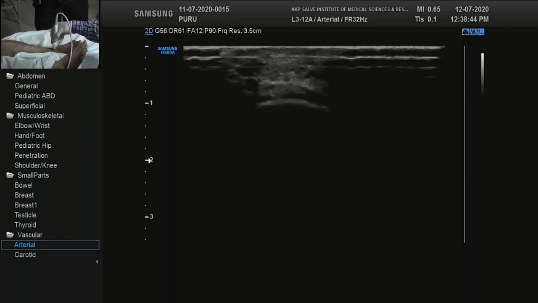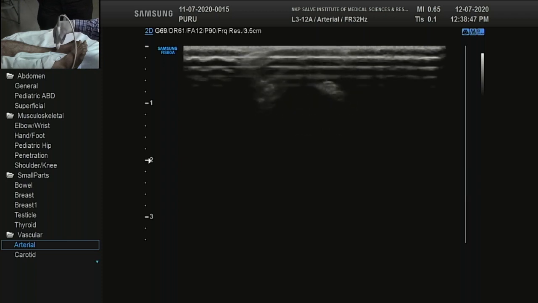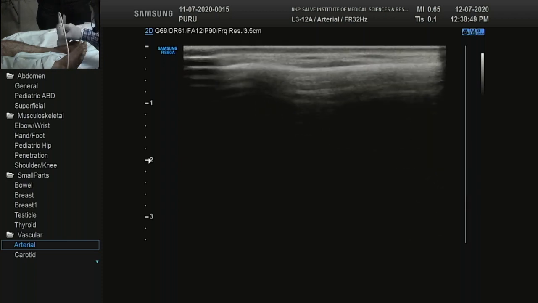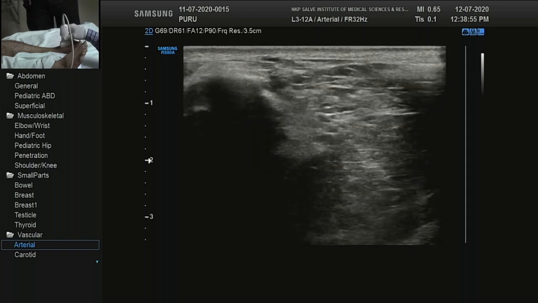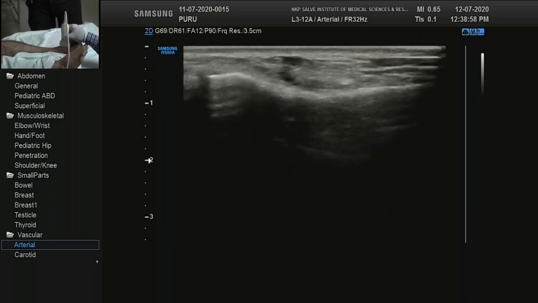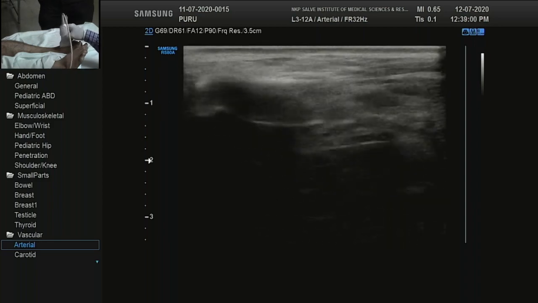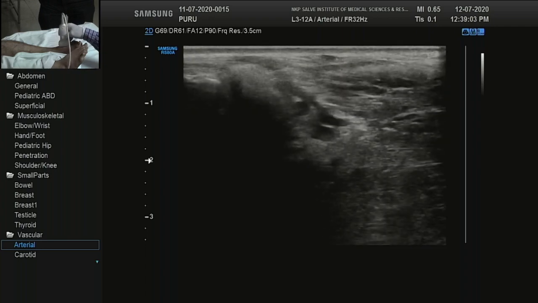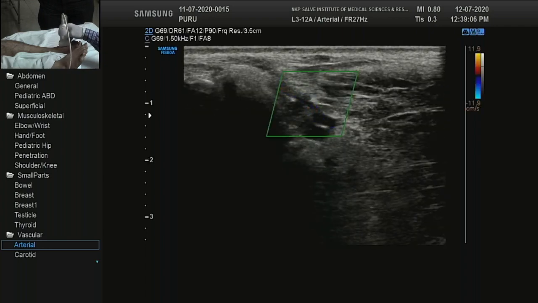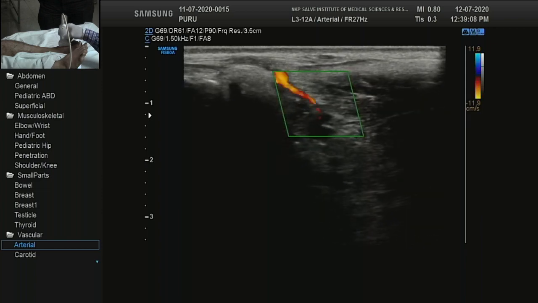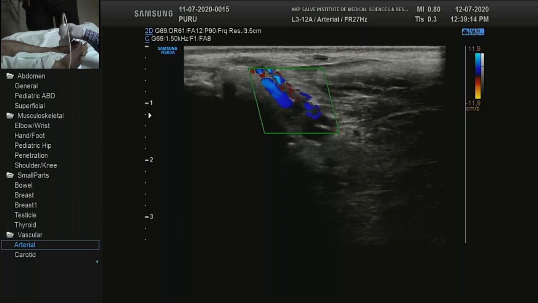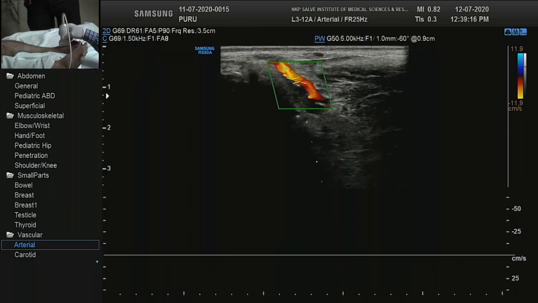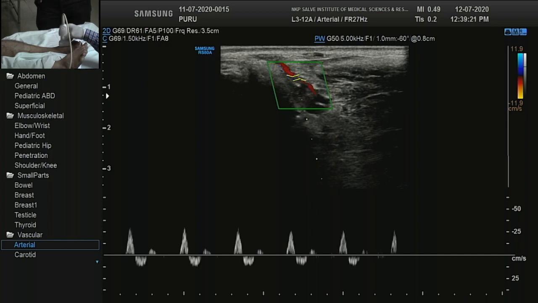At the ankle level, the artery comes anteriorly and becomes the dorsalis pedis artery. Everybody knows where to feel the dorsalis pedis artery. At the same point, we trace it. It is between the first and second metatarsal. You put color, steer it to this side, and this is an excellent feeling. You don't need to change settings from anterior tibial to posterior to dorsalis pedis. Everything is the same. The caliber is almost the same, and the flow pattern is almost the same.